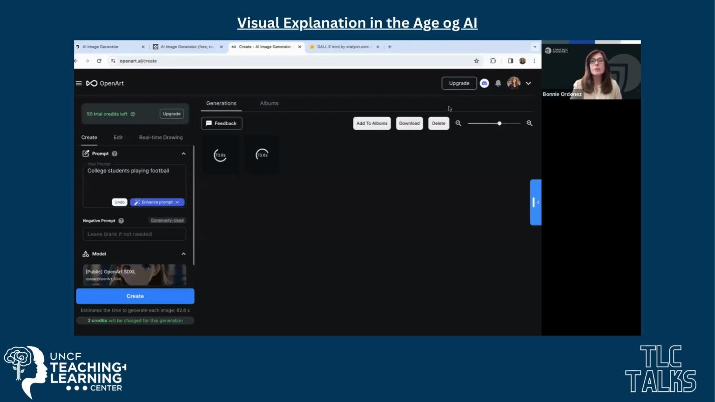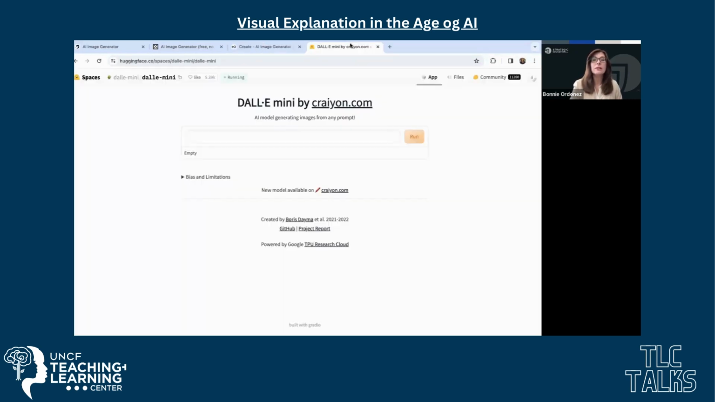But once those images come up, you can see I can add them to an album, I can download them, or I can just delete them and go on to the next thing. So super simple. So I'm gonna go ahead and just go to the next one. This one is Dolly Mini, and it's part of Bonnie,